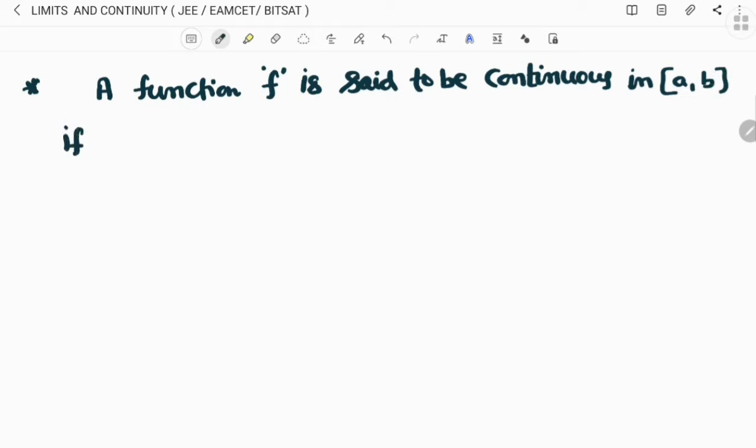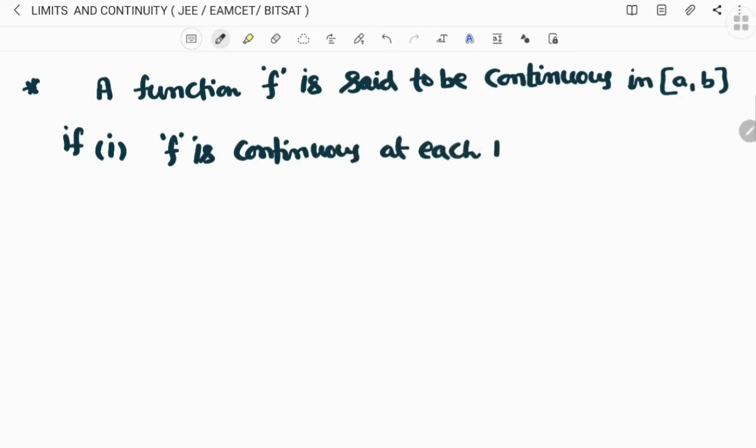In open interval, in each and every point in the interval the function is continuous. But in the closed interval, a function f is said to be continuous in closed interval of a comma b if, point number 1, f is continuous at each point of a comma b,